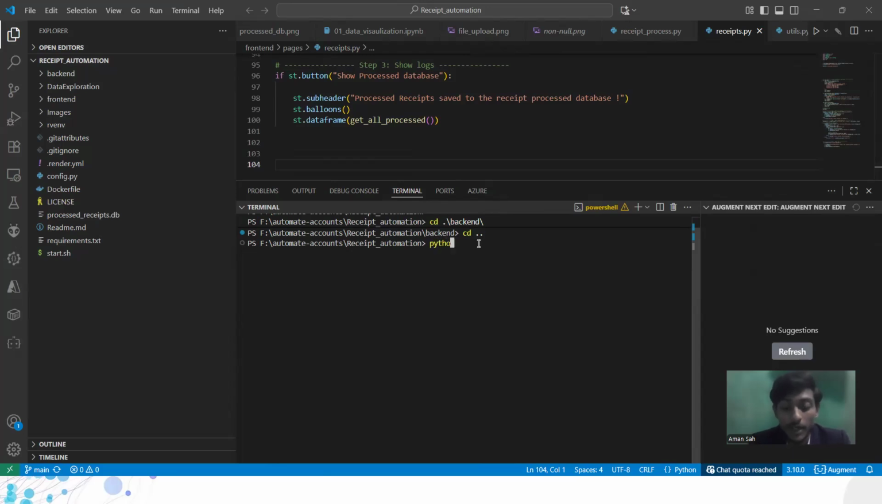Let's first check what my Python version is. So I am using Python 3.13. To activate the virtual environment: RVENV scripts activate. So you are under the virtual environment. Now you want to first activate the backend FastAPI, which is running on the Uvicorn server. For that, you need to go to backend